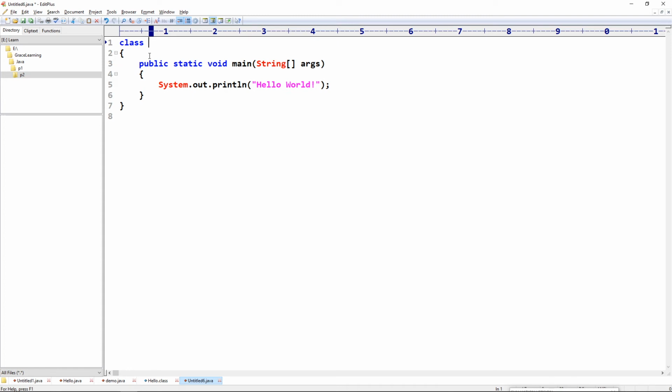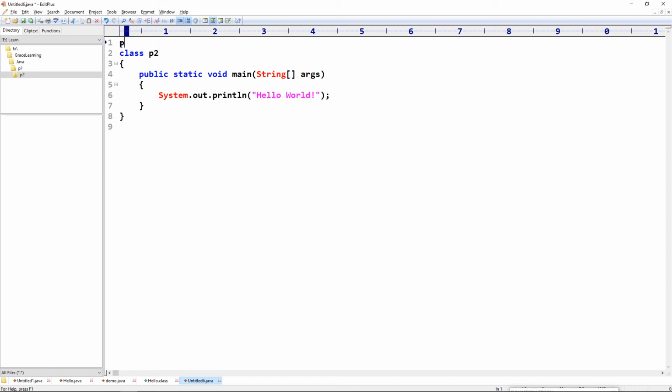Let's give the class name as grace, package p2. We will give the package name as p2, but we have to be careful about one thing.